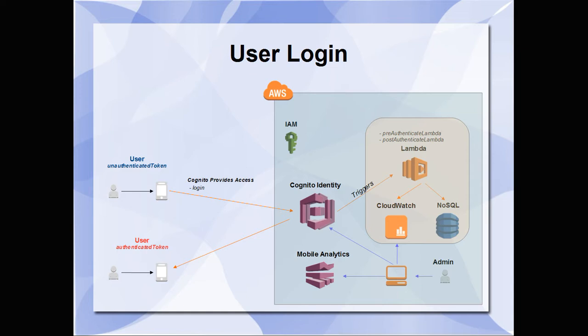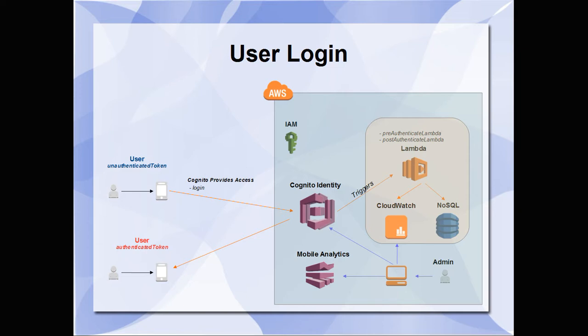It is the Cognito aspects of the API associated with logging in, and you make this function call called login, and Cognito identity says, this user wants to log in. So the goal for Cognito is to say, you've logged in, I'm going to give you back an authenticated token,